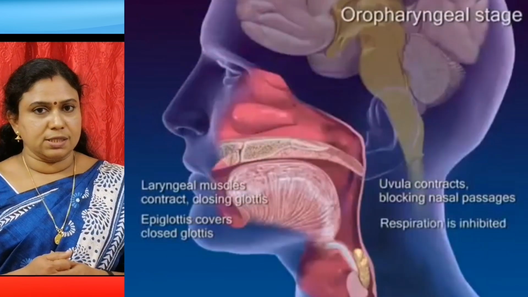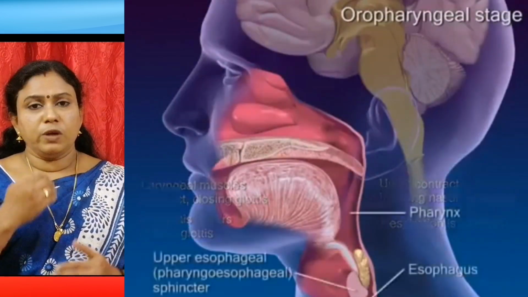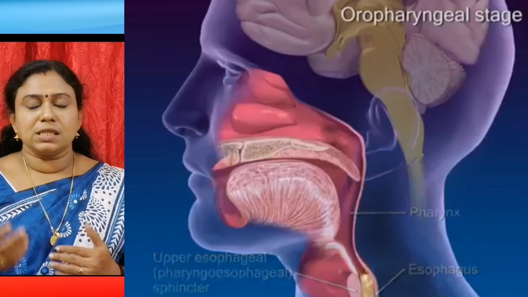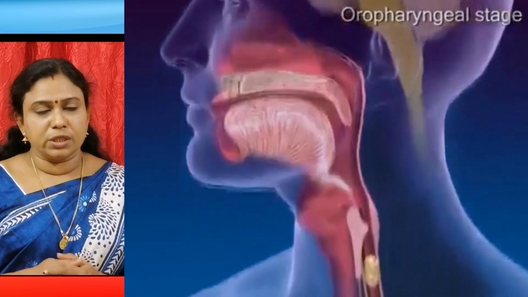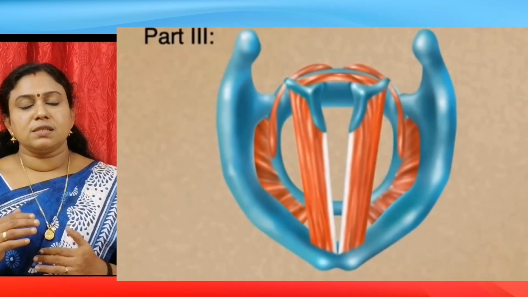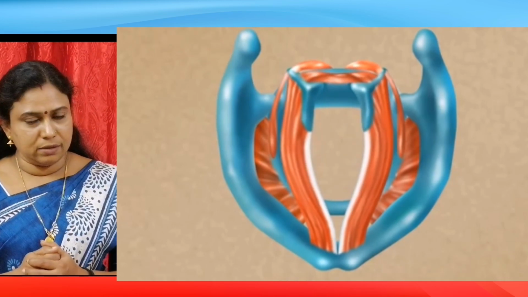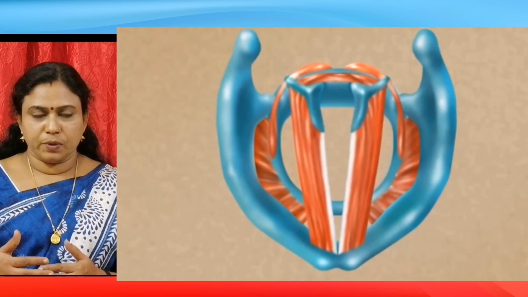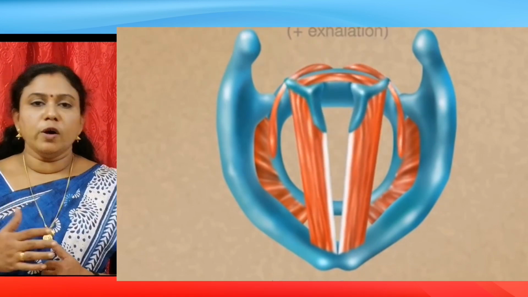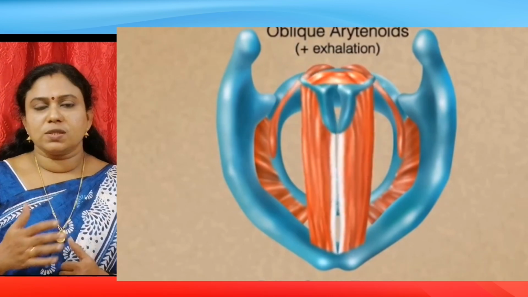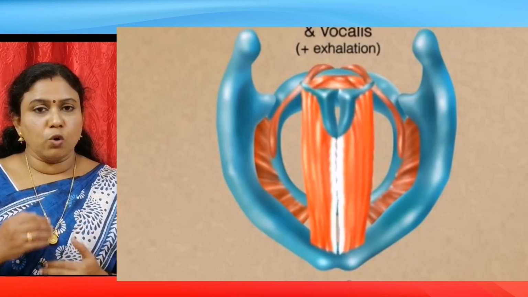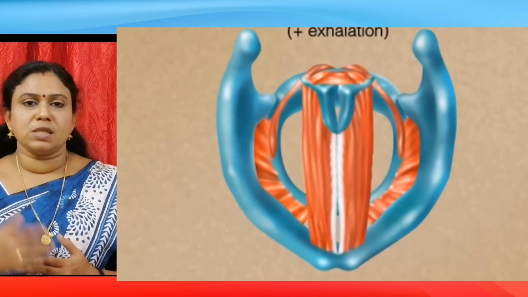What happens when the food enters into the windpipe? If water or food particles enter into the windpipe, the person will get choked and will not be able to breathe in and out as the passage is blocked, and it might lead to the death of that person. Now this pharynx leads to the larynx. This larynx is a muscular and cartilaginous organ that forms an air passage to the lungs and the vocal cord. It is commonly called the voice box, as it causes the production of sound. When air is passed through the larynx, it causes the vocal cord to vibrate and produce sound.